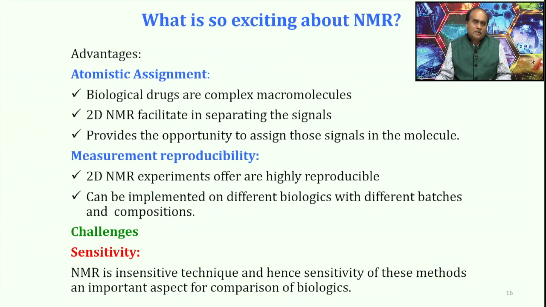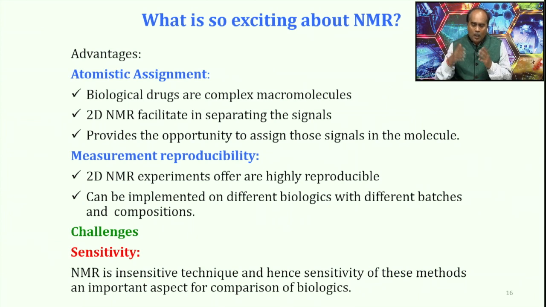Okay. The other major advantage of NMR is that it's highly reproducible. If you do the experiment with all correct parameters n times, your data will be reproducible n times. So you are very confident that every time I do the experiment correctly with the same sample, if the sample is not changing, the spectra will always be reproducible, right? So that's a good advantage. Therefore, it can be implemented on different biologics with different batches and compositions. You can do batch-to-batch analysis to show the